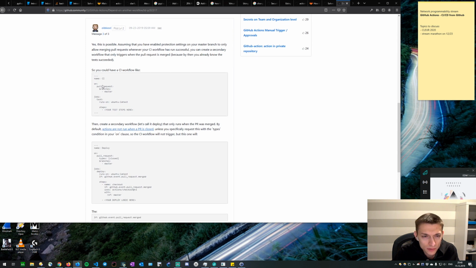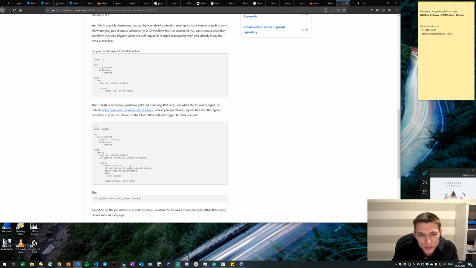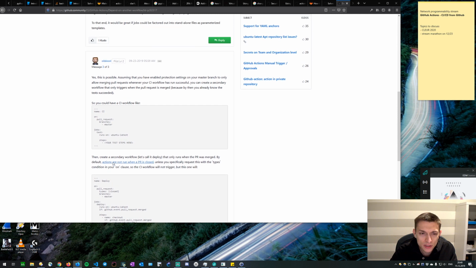Let me take a look at this. Master branch, whenever your CI workflow has run successfully, you can create a secondary workflow that only triggers when the pull request is merged, because by then you already know the tests succeeded. This is interesting, but I really have to sit down and think this through, like what the workflow should be. So I think I could do something like this,